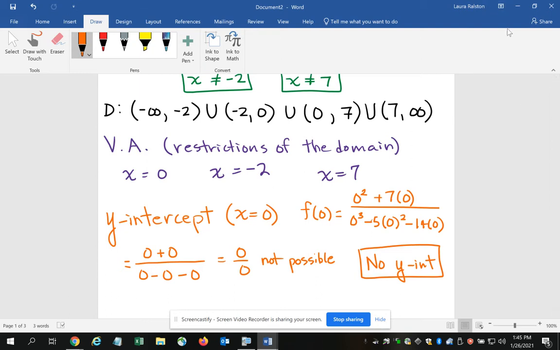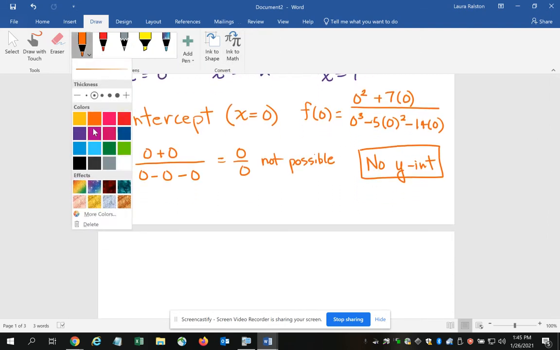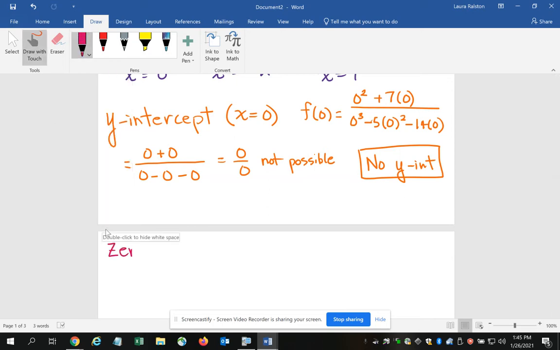Now that's not always the case, it just happens to be the case here in this particular problem. Let's look at how to find the x-intercepts or the zeros. To find the zeros, which are also known as your x-intercepts, again, we really would let y equal 0, but there's a shortcut for a rational function, and that is you take the numerator